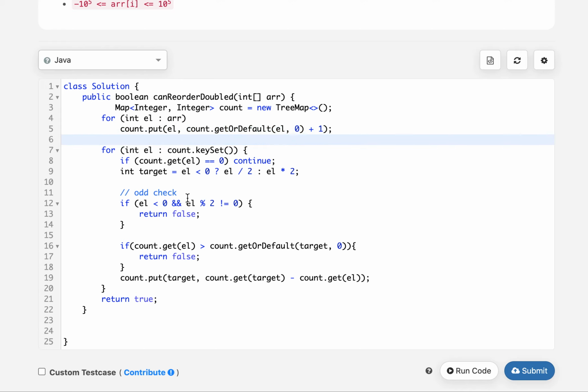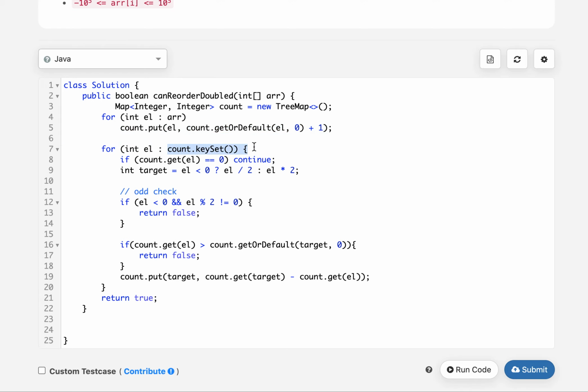Next, I have iterated over all the keys that are there in the input map. If my current element is less than 0, my target element would be el by 2. Otherwise, my target element is twice of the current element, which is el.